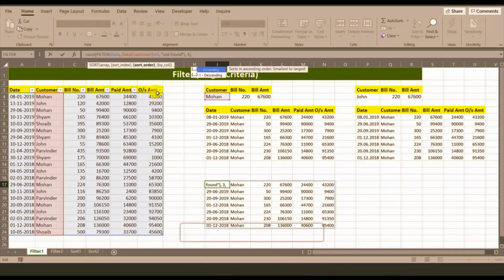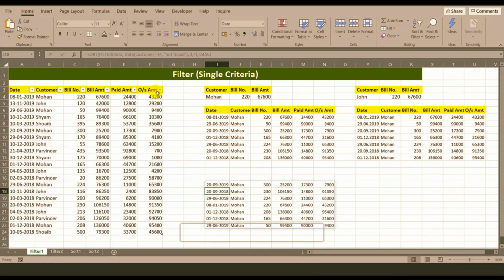So we will select descending and press the tab key. Now comma, and we will put sort by row and bracket close. So you can see now we have got the data of Mr. Mohan and sorted out by bill number.